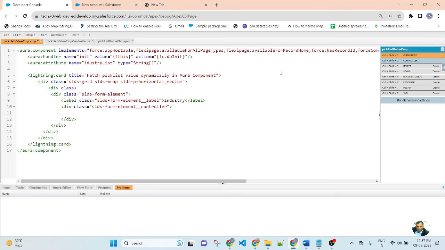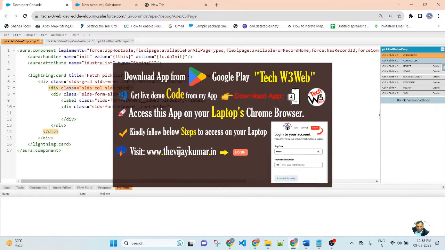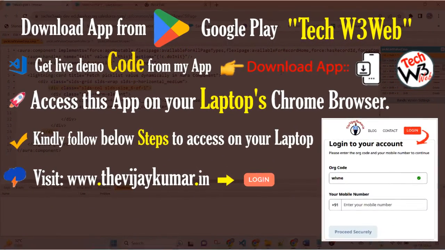So use the class property SLDS col, SLDS size 6 of 12.